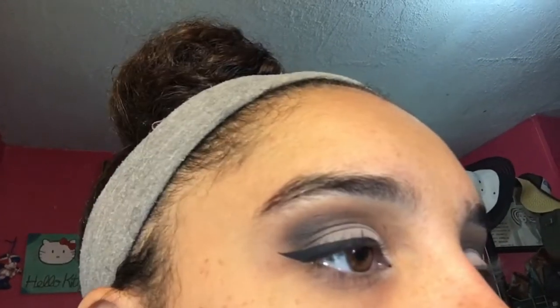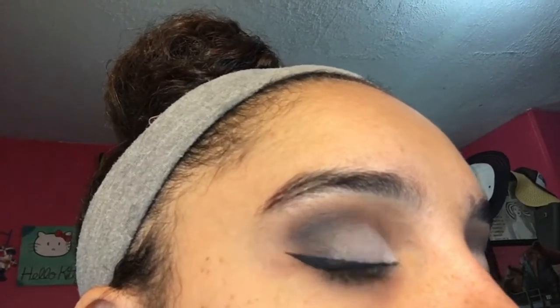Here's the wing after I finish that. And here are the wings after a little bit of touching up. So right now I'm moving to eyebrows. And I usually have an eyebrow pencil, but I just recently ran out of my Anastasia Beverly Hills eyebrow wiz. So now I'm going to be using powder, and I really have to be...